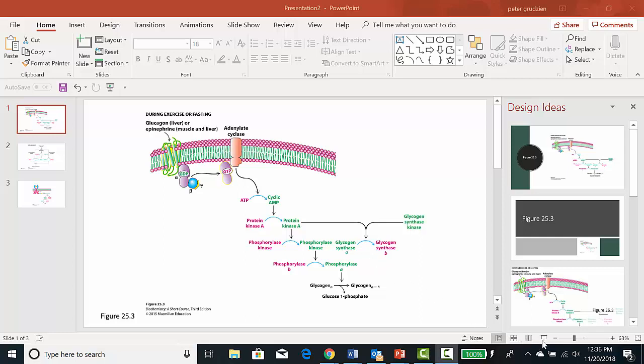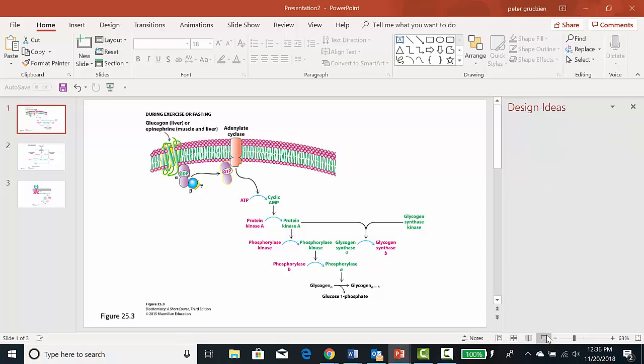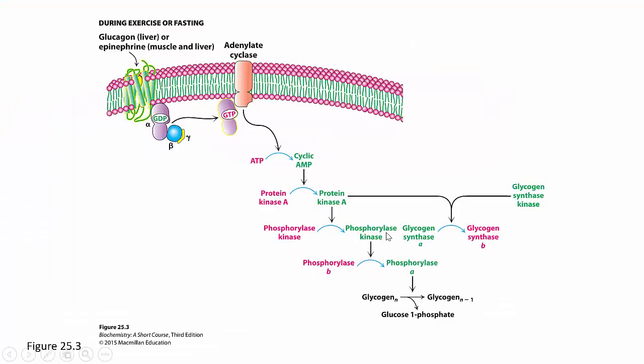In this video, I will discuss three figures from chapter 25, which deal with the integration of glycogen synthesis and glycogen breakdown and how they are regulated. So this is figure 25.3. In this figure, what is shown is what happens under the conditions where glucagon or epinephrine will stimulate their